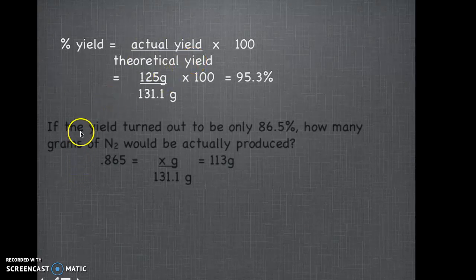Okay, so the second setup, we have another way that a question could be phrased here for percent yield. It says, if the yield turned out to be only 86.5%, okay, so this time somebody did the lab and only 86.5% of what was supposed to get made was made. It says how many grams of N2 would be actually produced here. So if you go back here and look at our original equation,